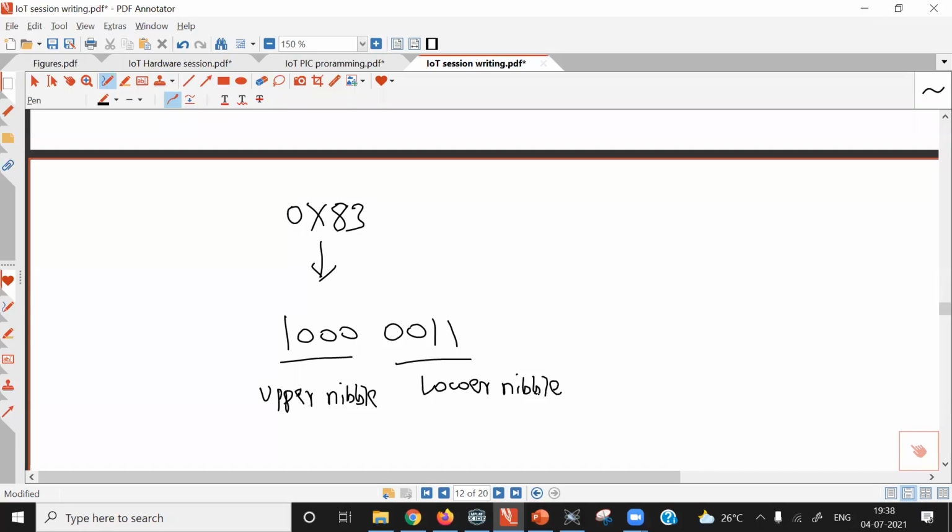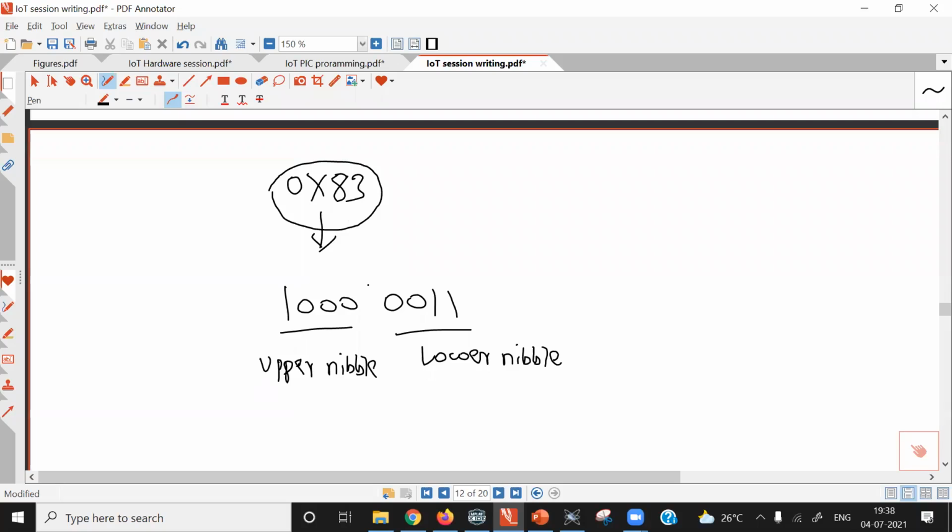So in 4-bit mode of LCD operation, you must write one nibble at a time. In 4-bit mode of operation, divide your 8-bit data into 2 nibbles and write one nibble at a time, and you must write the upper nibble first followed by the lower nibble. So if you want to give the 0x83 command to the LCD display, first of all you separate the nibbles and then you write each nibble to the LCD display.